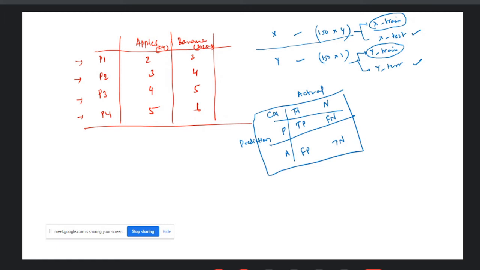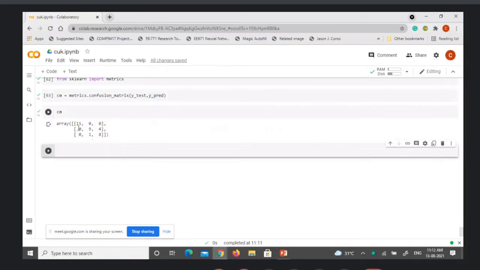Since now you have 3 classes, your matrix will be a 3 cross 3 matrix. From this you can see how many true positives there are for each class, and you can also deduce the other metrics from the confusion matrix.